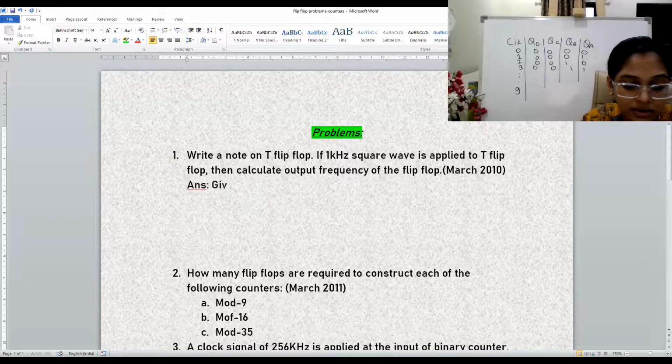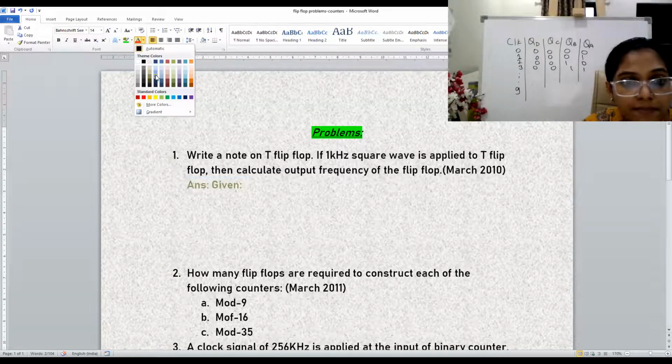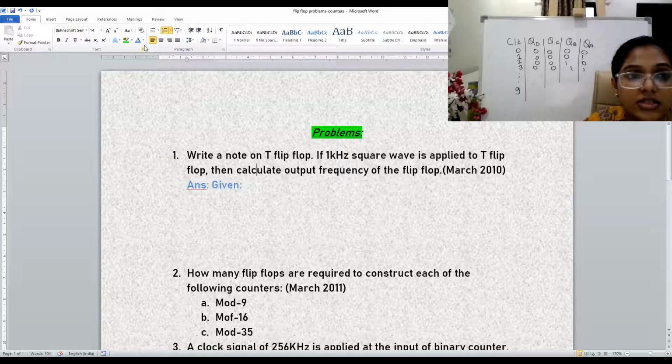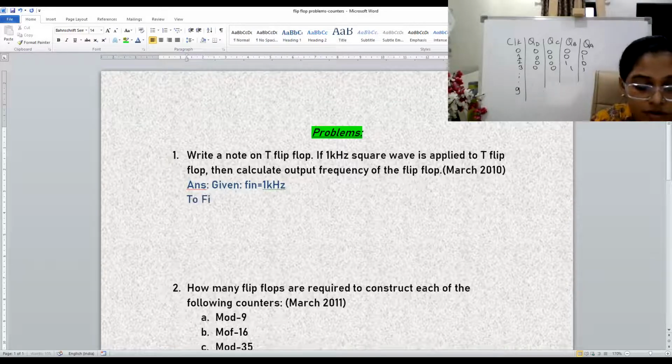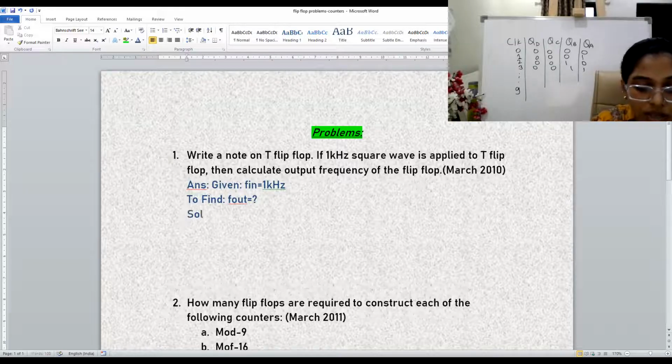So you will write given, what is given over here, ok, what is given, given is frequency, input frequency is 1 kilohertz is given, fine. Now what do we need to find, to find output frequency, right? So I will write f out, f out is equal to how much,